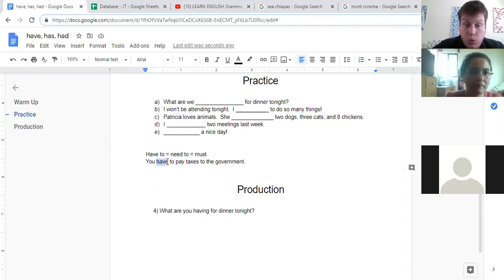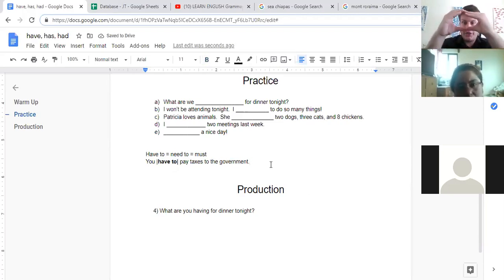But what's important is you must understand that these words go together in this context, right? It goes together. This is one piece. It's one thing. Have to. It's not you have to pay. It's you have to pay. So this is where you should put these words together. You must recognize it. You must see it and think, oh, this is a different